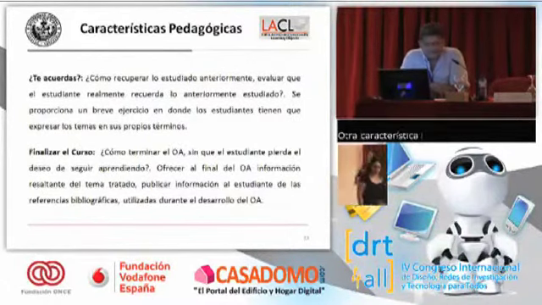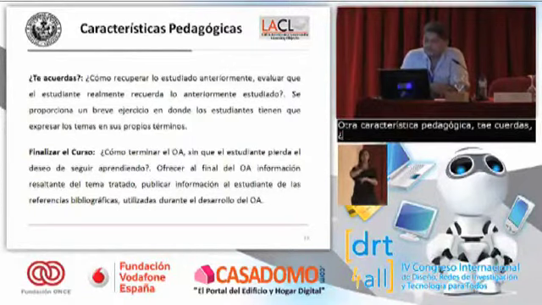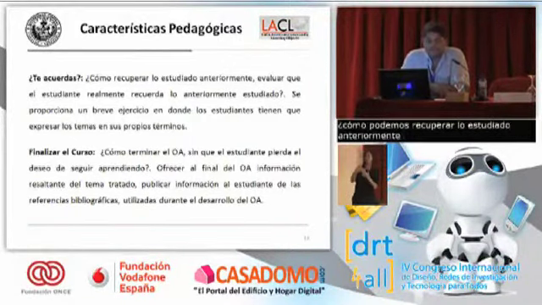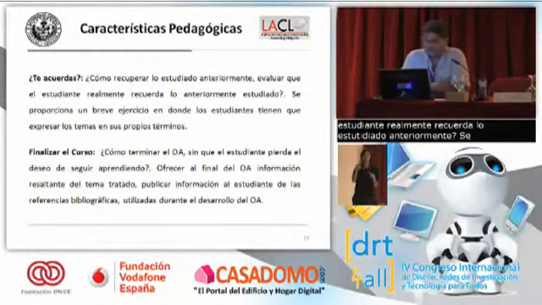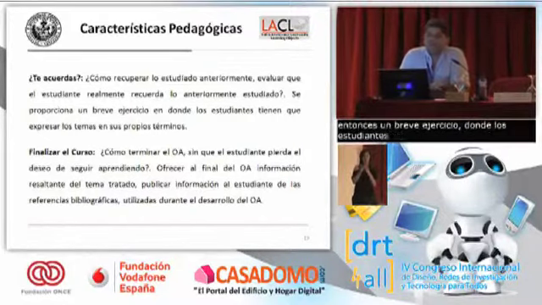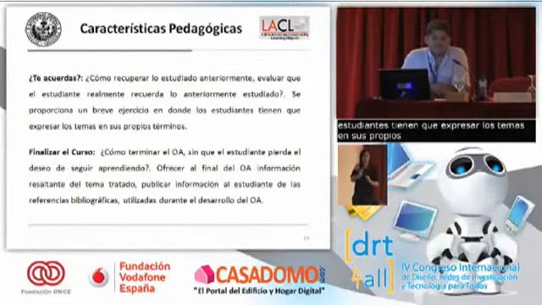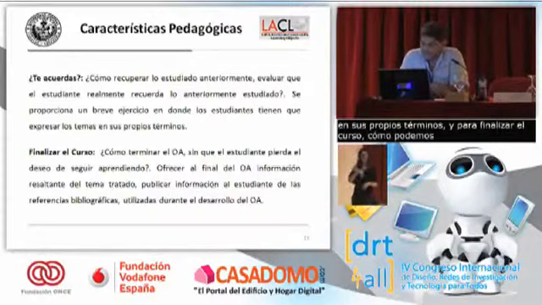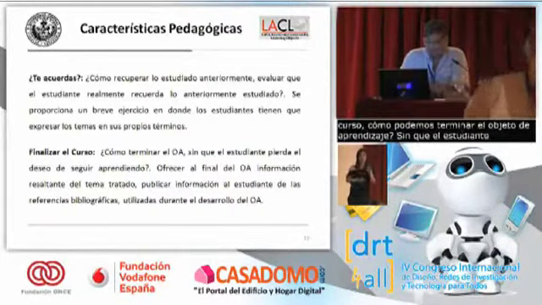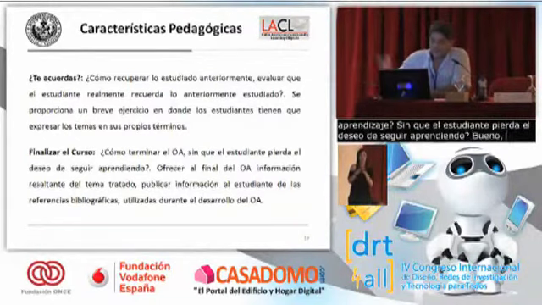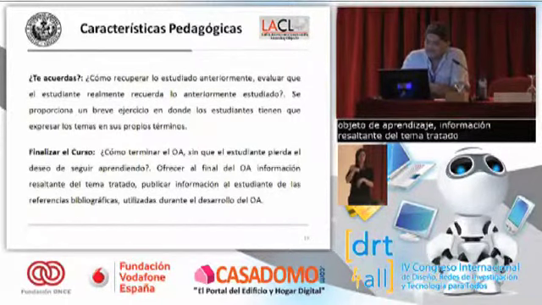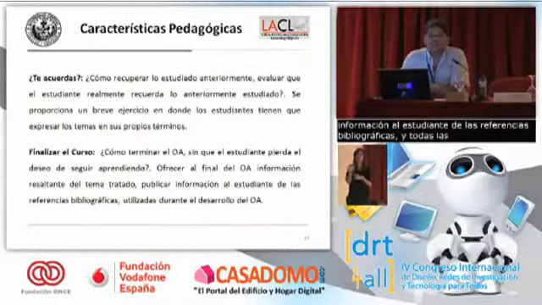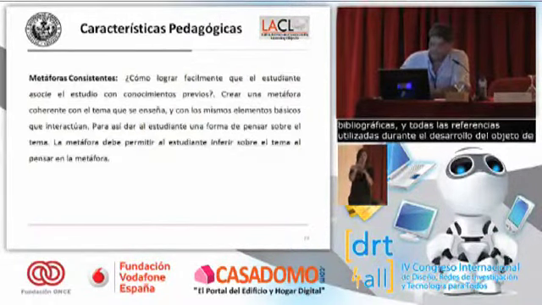Another pedagogical characteristic is, do you remember? How can you remember what we studied before? How will the student remember what we have studied previously? For this, we provide them a small exercise in which the students have to express what they've learned in their own words. And for the end of the course, how can we end this learning object without the student wanting to stop learning? Well, in that case, at the end of the learning object, we have to show them information on the topic. We have to publish information on bibliographic references, and also everything that has been